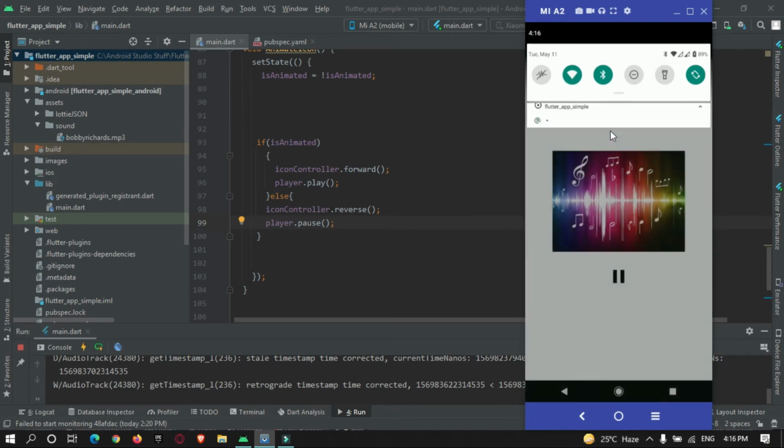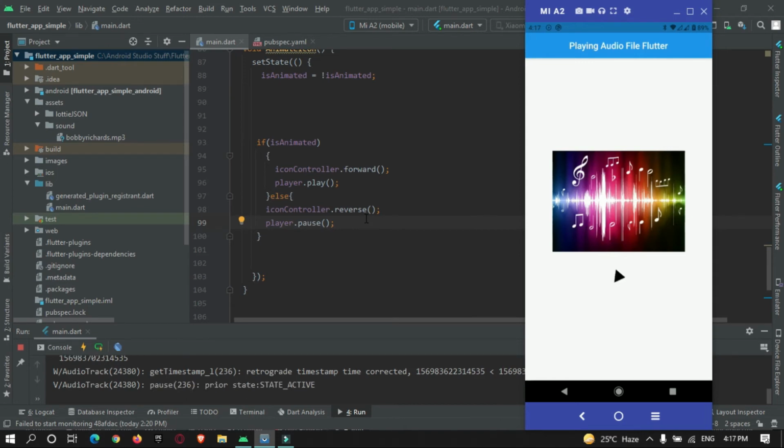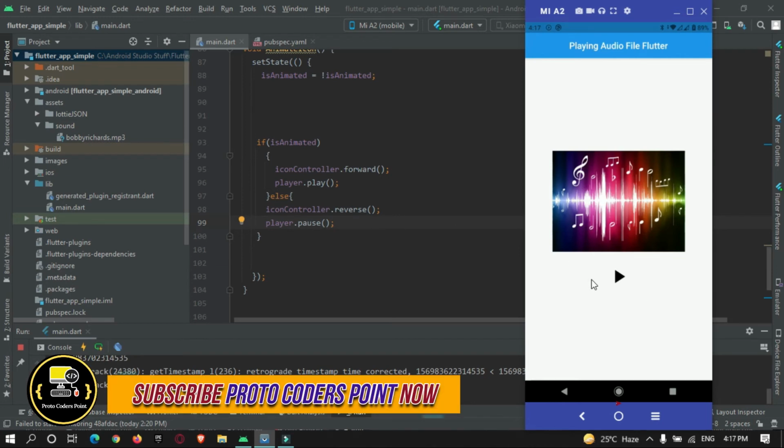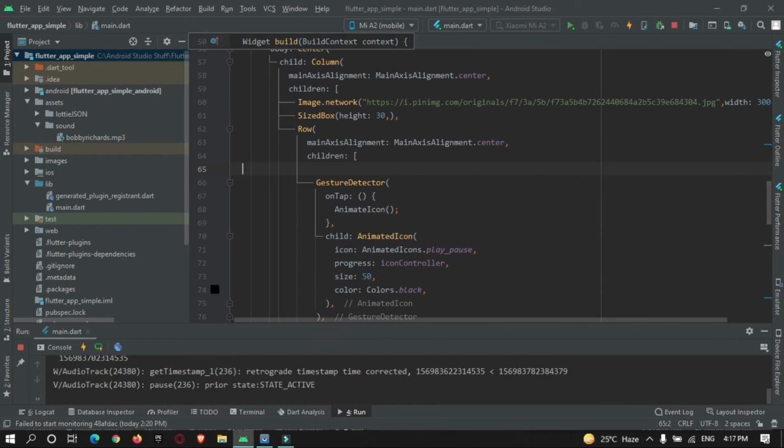Now let's work with forwarding the audio file by 10 seconds. Let us create two buttons over here for forwarding and backwarding. For that, here I need to create an icon, a cupertino icon.